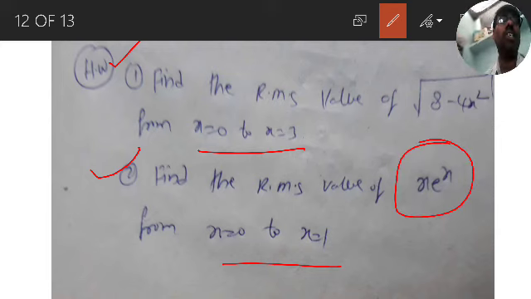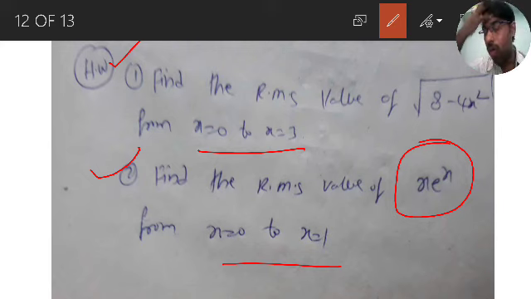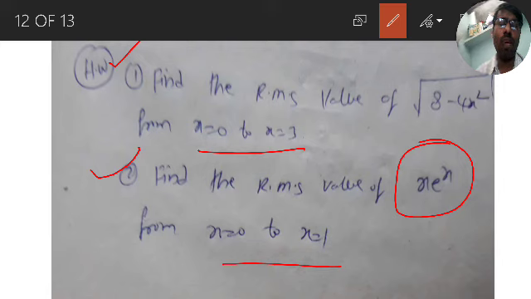F of x is x into e power of x. If you square that, f of x whole square, that is x into e power of x whole square, that is x square into e power of x whole square, e power of x into e power of x, that is e power of x plus x, that is e power of 2x. So x square into e power of 2x. Then how to do integration from 0 to 1? X square into e power of 2x means you have to apply the Bernoulli rule, just like the 6th problem that we covered, a very recent problem, the same, just there is a change in the limits. What you have to apply, guys? You have to apply the Bernoulli rule here. That's it. So these are the 2 simple problems that I am giving for homework.